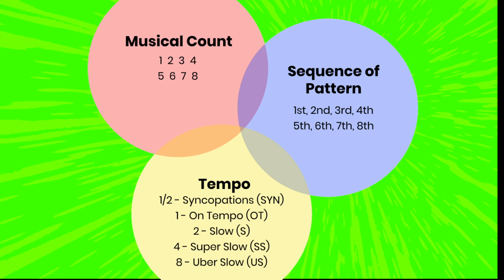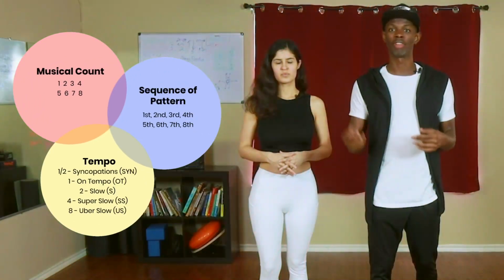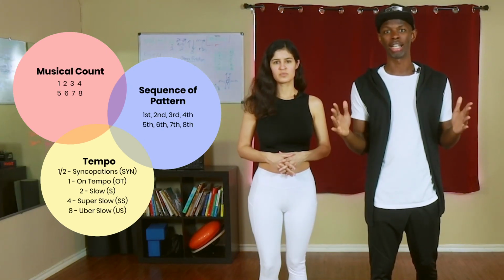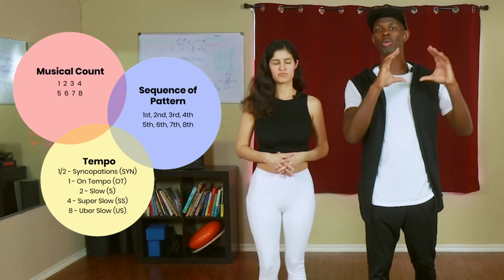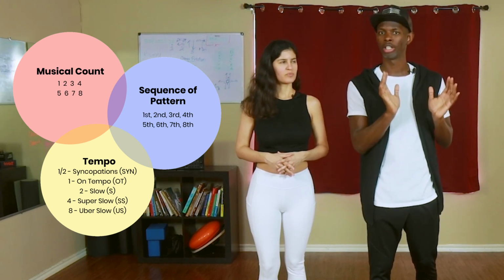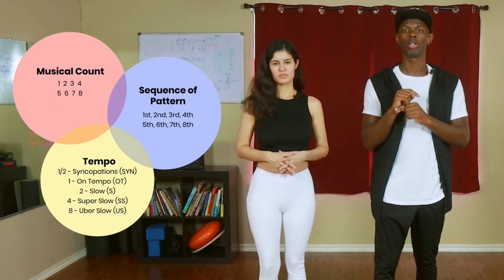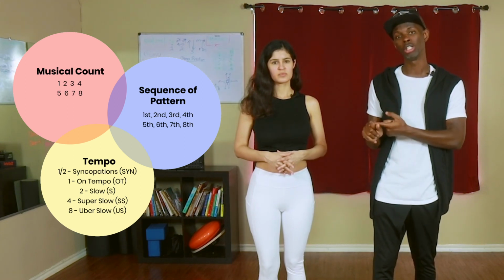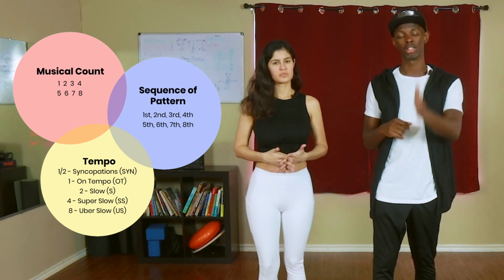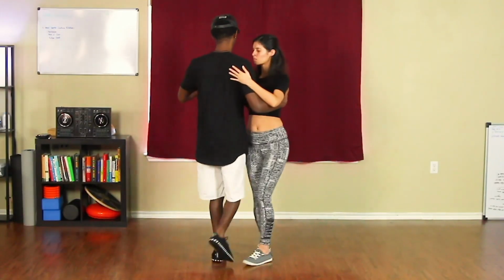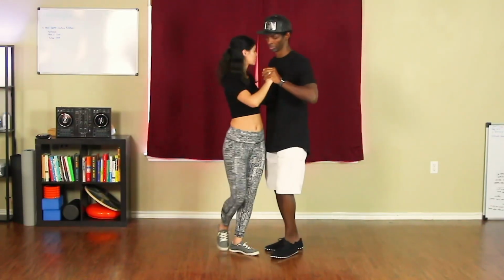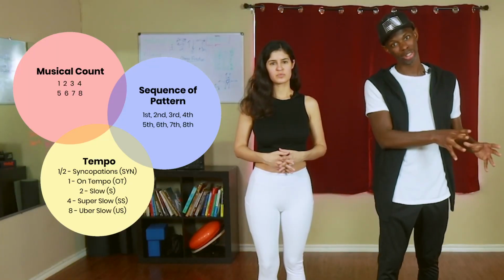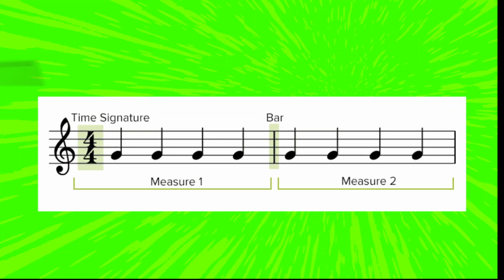Obviously, the most basic framework is the musical count, yeah? 5, 6, 7, 8, and 1. And we're repeating that 8 count, yeah? That's only one dimension of numbers that we have when it comes to breaking down dance. We can also be very specific in the sequence of the move that we are trying to explain. Is this the first step, the second step, third step, fourth step, etc., in regards to that move or intention, which can fall into different timings as far as the musical count is concerned.